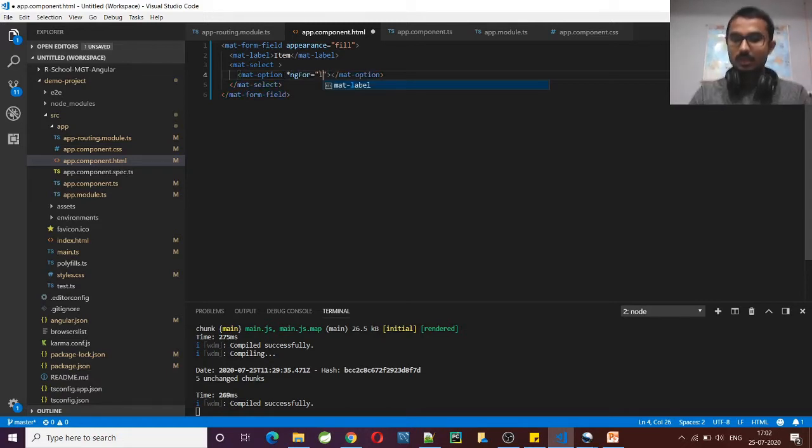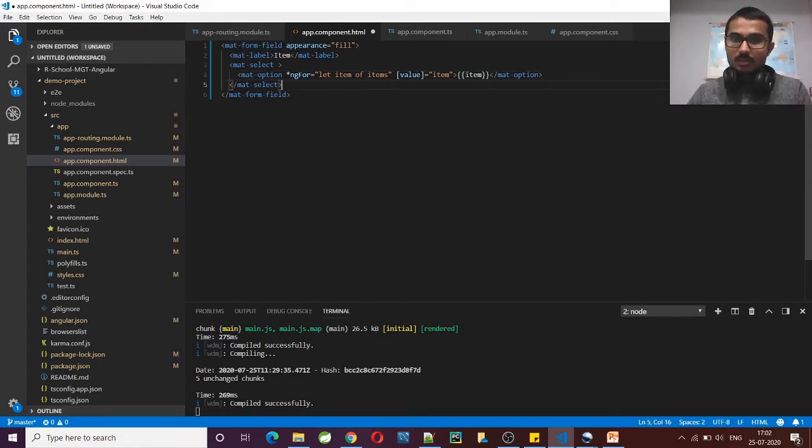Let's declare a variable here, let item of items, and whatever the value will be, that will be the item we are retrieving here. So the value of this item will be item, and we'll display the same here also, item.